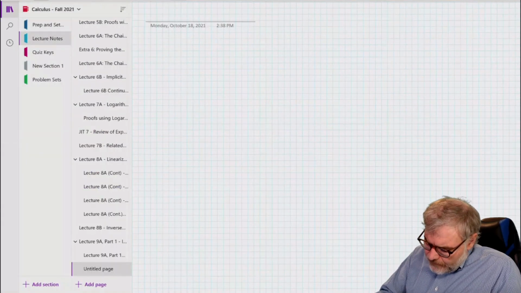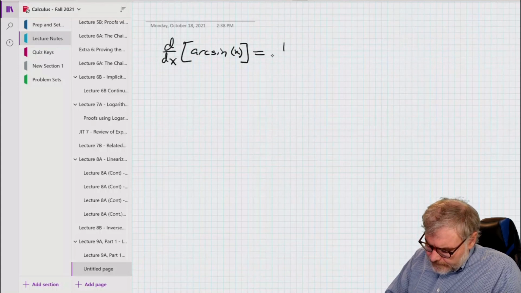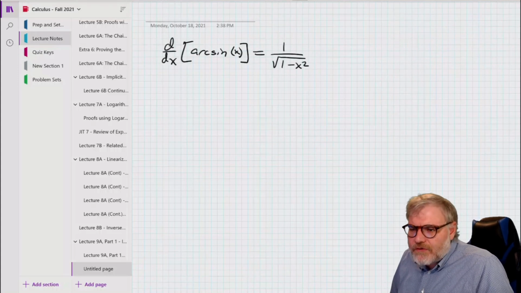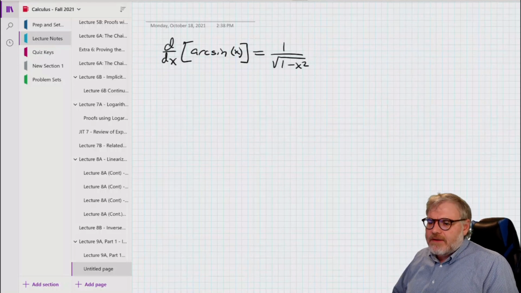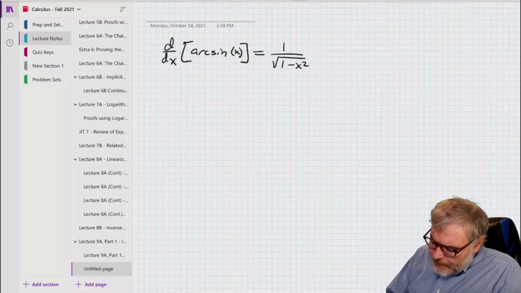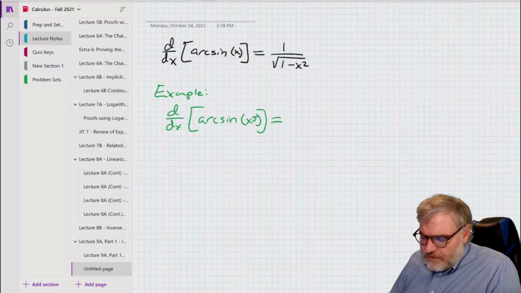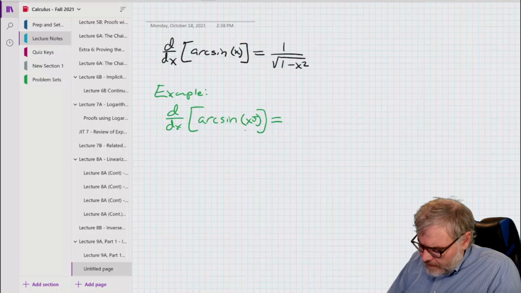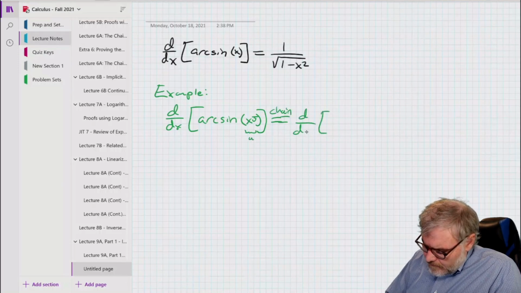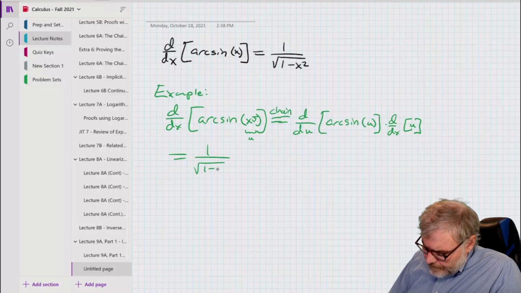So d over dx of arcsine x is simply going to be 1 over the square root of 1 minus x squared. Okay, so for our example, if I want to do the derivative of this, I've got a u here, so I'm going to need a chain rule. The derivative with respect to u of arcsine of u is 1